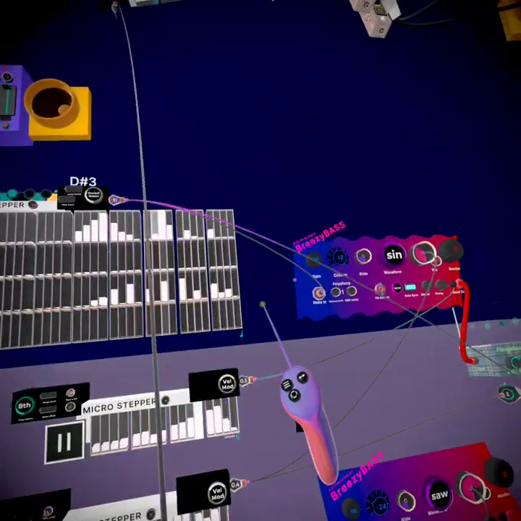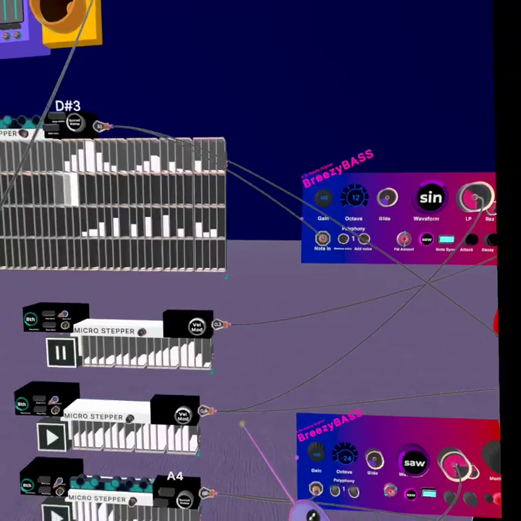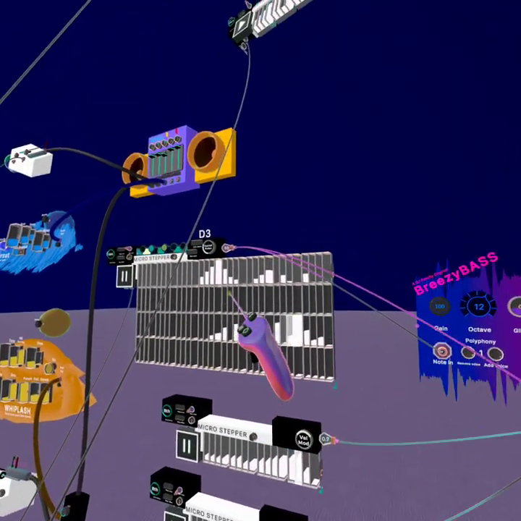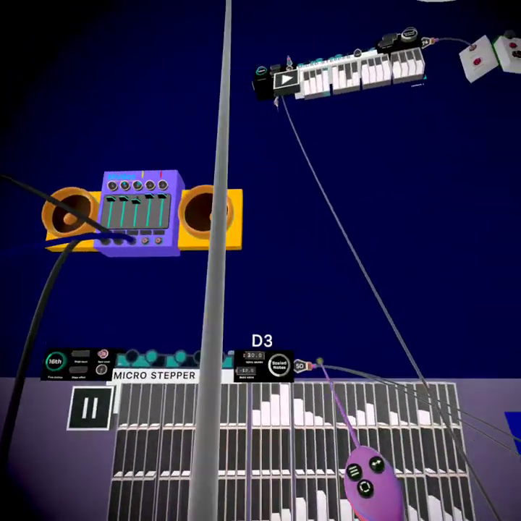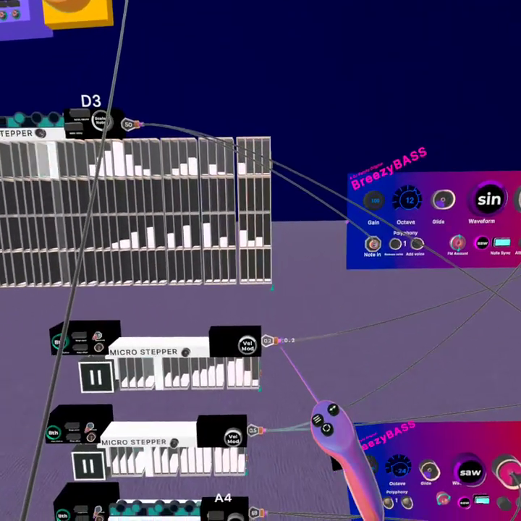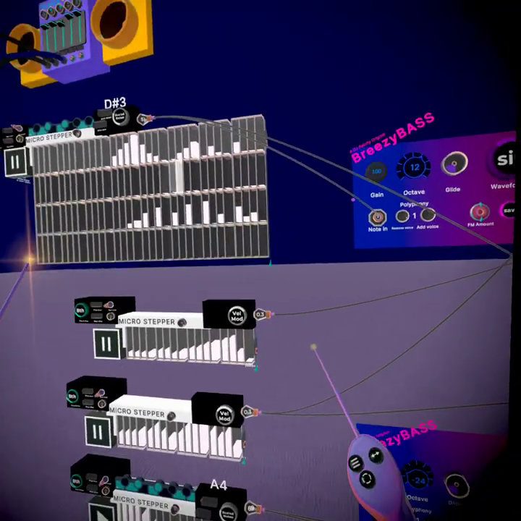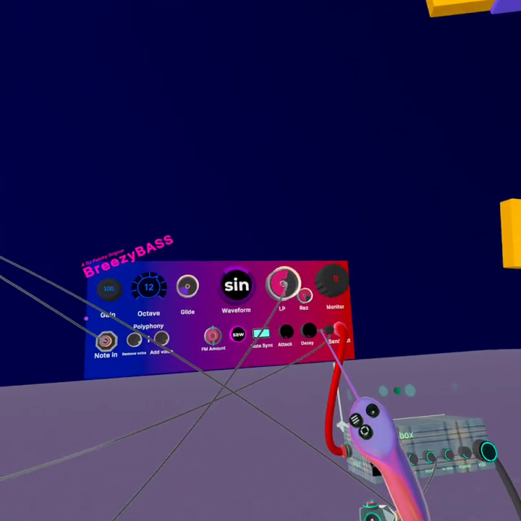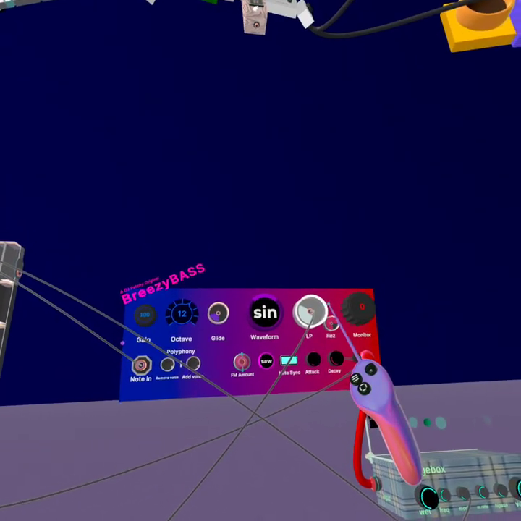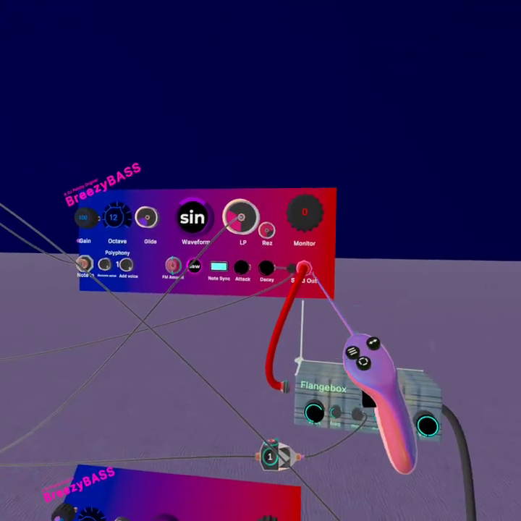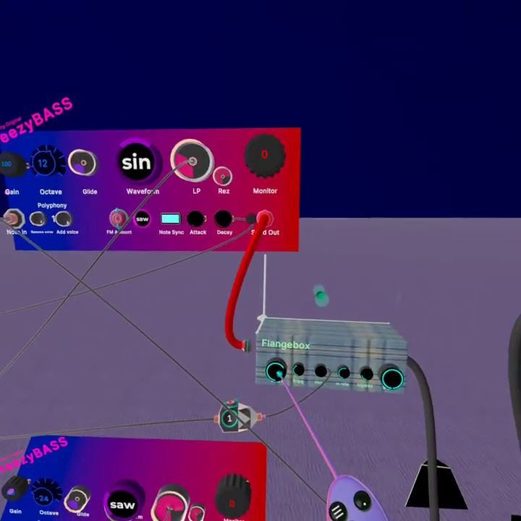Now on this instrument, this bass does a few things. So there's the main one that triggers notes, it goes into the note in, and this velocity modulation, that one is controlling the decay length, and the other is the low pass filter cutoff. Now this synth is going into a flanger,